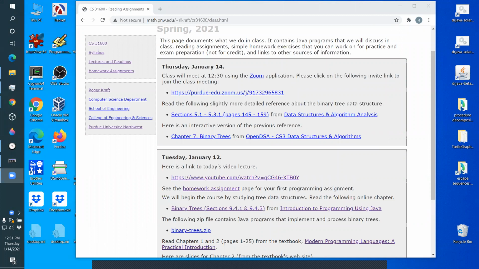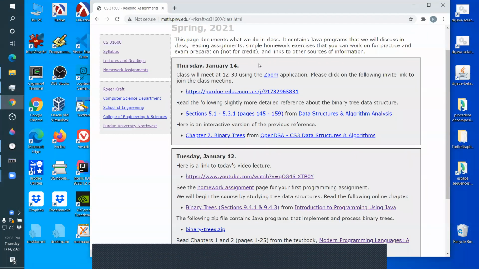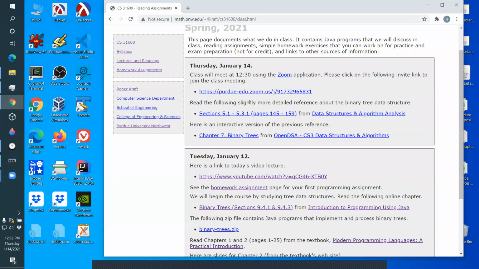All right. So now let's see. What we're going to do today is pick up where we left off on Tuesday. We were talking about binary trees. So I'm going to download the zip file and I'm going to do some more examples from this zip file. I put some new reading assignments up there. Okay. So real quick,